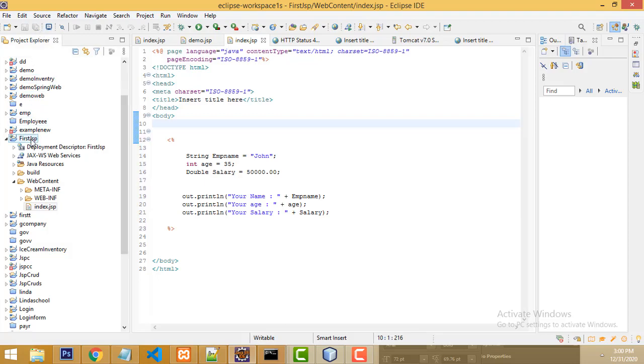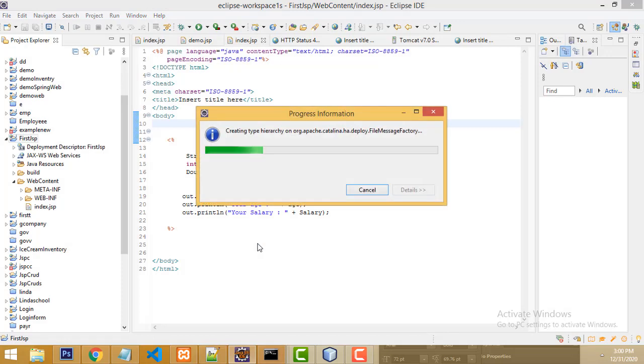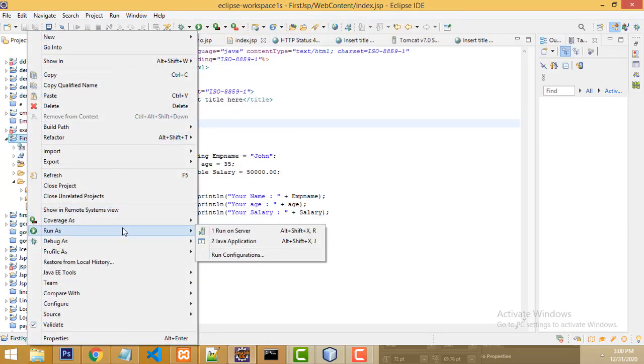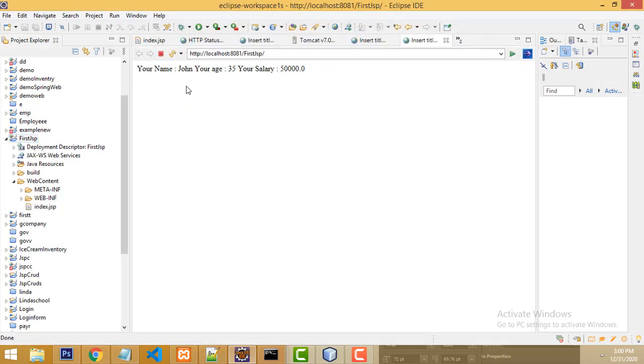To see the output, right click, Run on Server. Right, now you can see the output here. Very simple output you are getting.